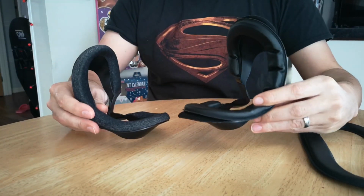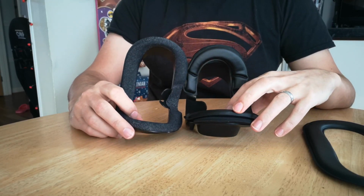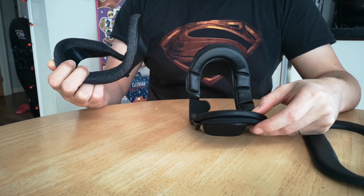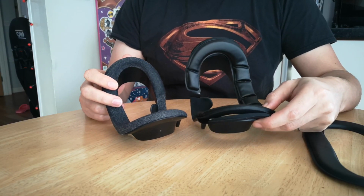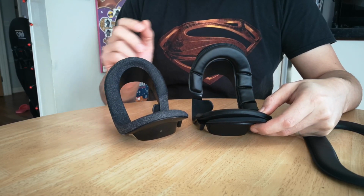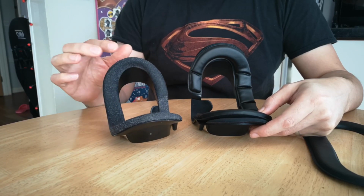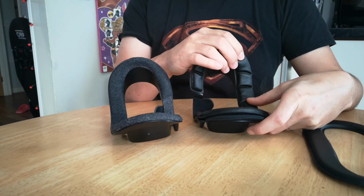So I'm going to do a bit of a comparison between the two, and again, all of this is subjective, and I know I always say that, but I'll just go from my experience. Now, the Valve Index cover is the best one that I've used that just comes straight with the headset. All other headsets I've bought a VR cover for, I found it made it quite a lot more comfortable. Bear in mind I do like the feeling of the leather, but this does feel really good, to be quite honest, and there's a fair amount of cushion on it, whereas I do think this has got a bit more cushion,